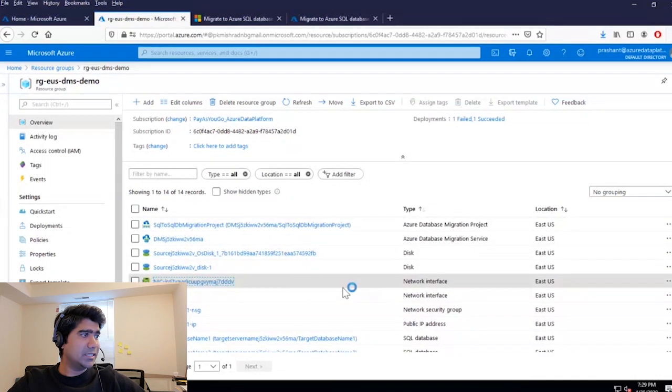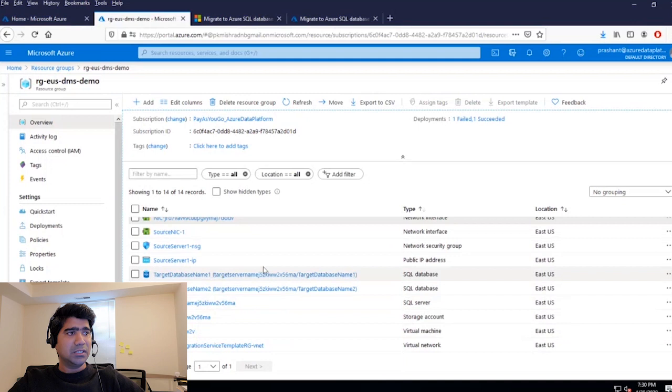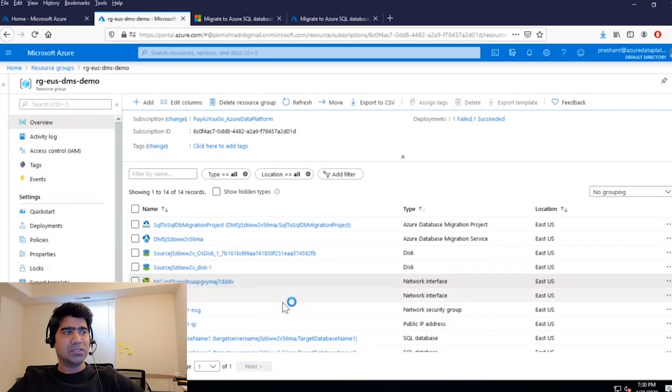Oh, sorry, I have deleted that one. That one was not required, so don't worry about that. So you have the virtual network, the network security group, the IP, and then the network interface. Even if you are not a network person and not very comfortable with that, don't worry about it. This template will take care of it.